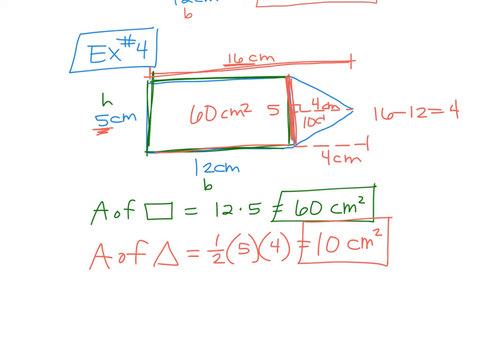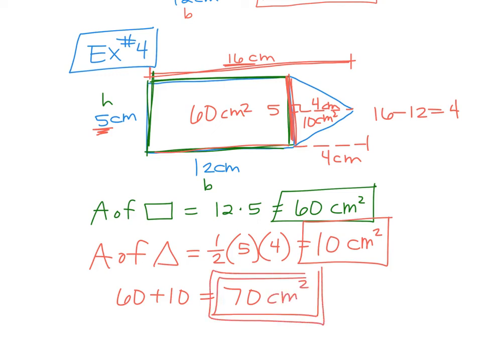I know this is 10 square centimeters, which means the whole thing is what? 70. So your whole area would be 70 square centimeters. Okay, just add those two parts together. Questions on that? Alrighty. You have 17